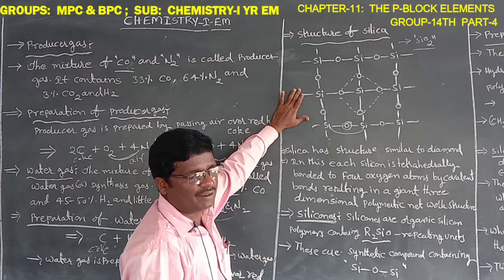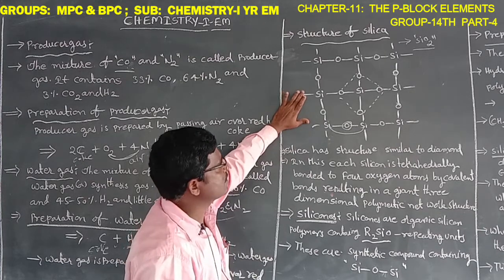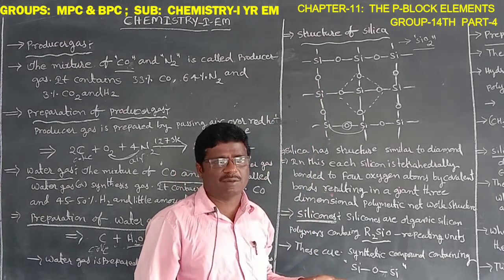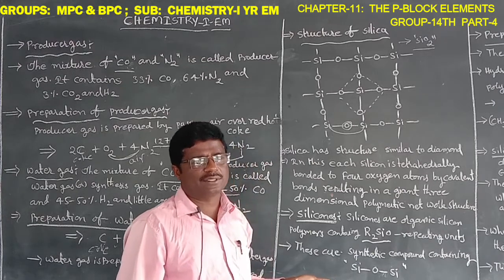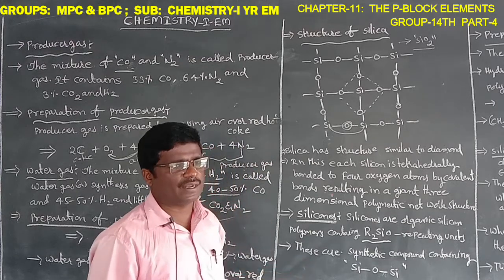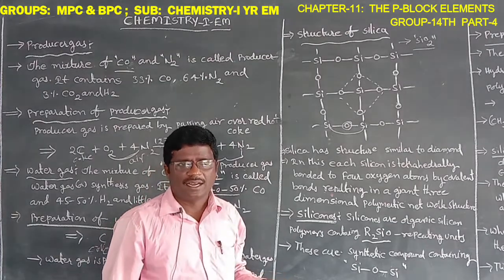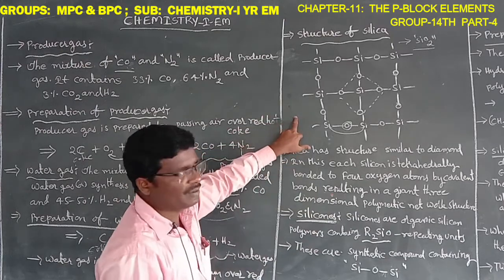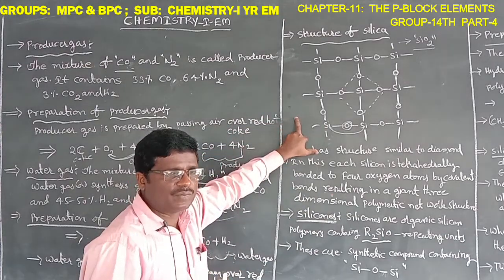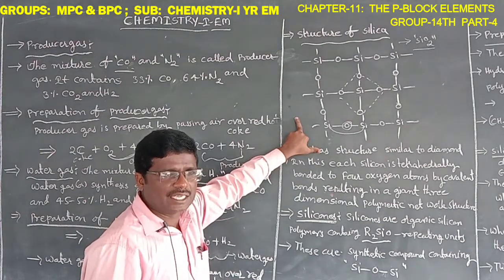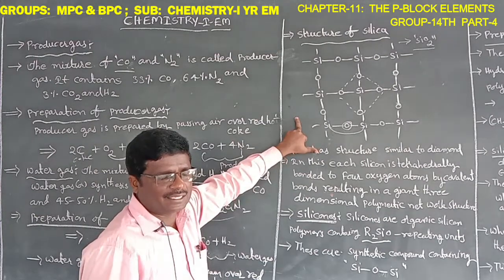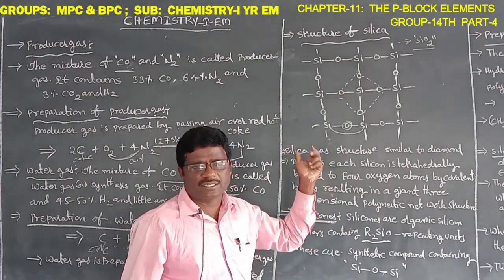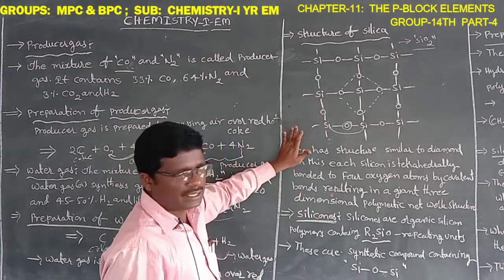Next, in silica, each silicon atom undergoes sp3 hybridization to form tetrahedral units. That is silica or sand. Sand is used for the construction of buildings and dams. It is used as a construction material and also for making cement. Those are the uses of silica. Silica is also used for the preparation of silicates and silicones, like quartz, which is also known as marble. Next, mica is also used in the silica. Those are the uses of silica.